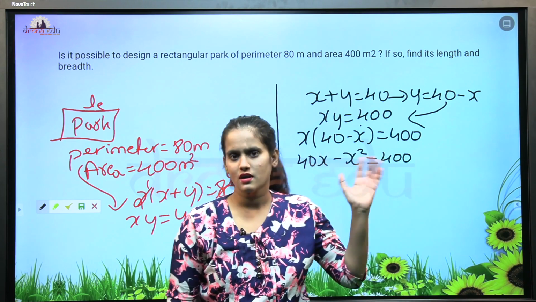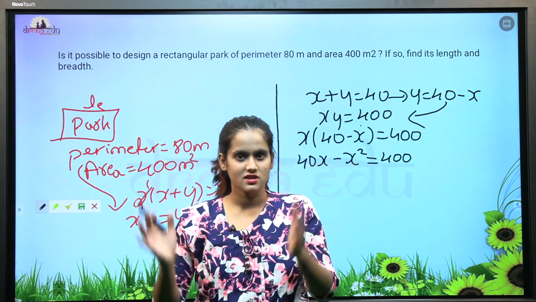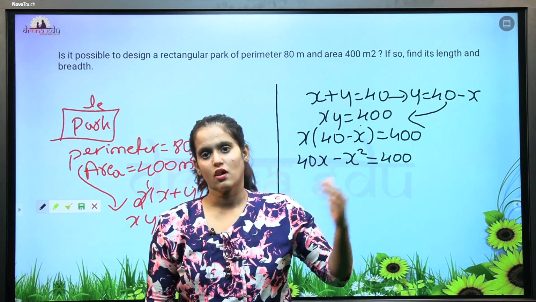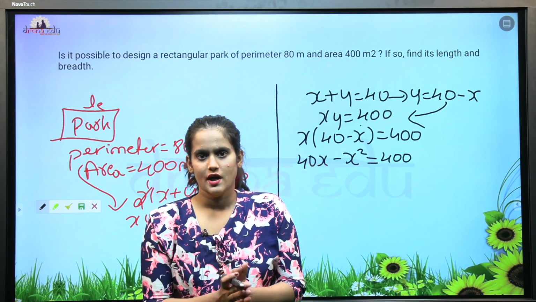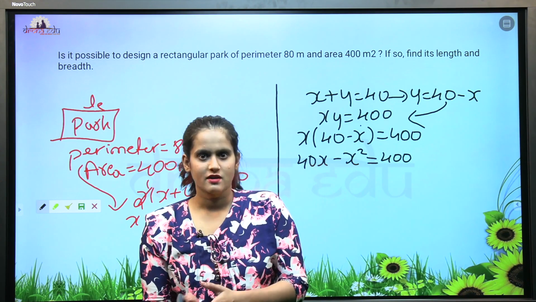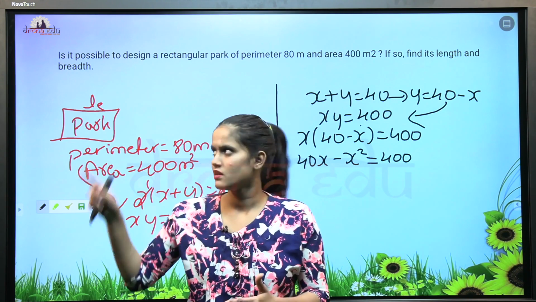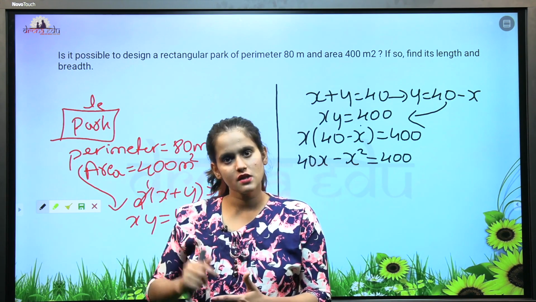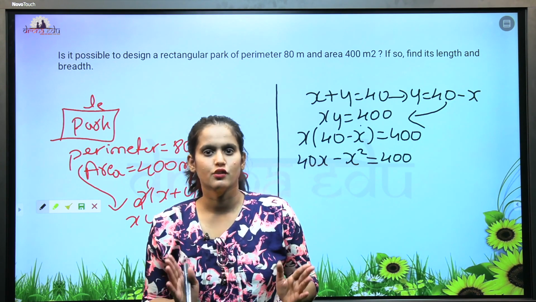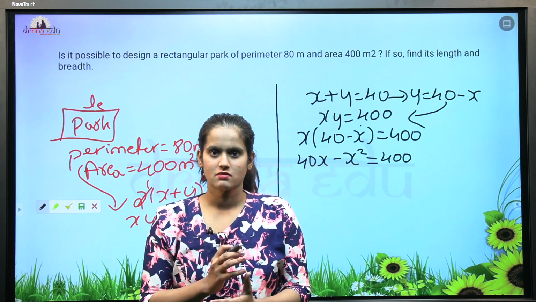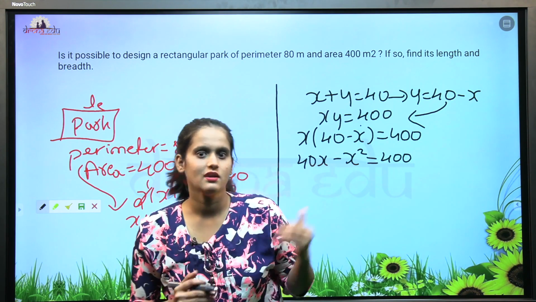This type of problem is very important because we are not only going to solve this type of problem in 10th standard, but also in further studies. If you go on to aptitude tests, quantitative or competitive exams like GATE or UPSC exams, there also they may ask you a verbal problem itself. They will not give you an equation. That's why it is very important. If you learn now, it will be much easier for you while writing the competitive exam. The base is very important for constructing a larger or taller building, I can say. Similarly here also.